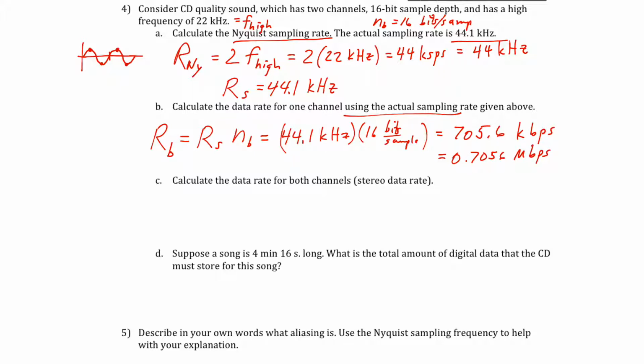Okay? And if we want to calculate the bit rate for stereo, it's just twice the bit rate for mono. So this is mono. And if we double that, 2 times 0.7056, we get